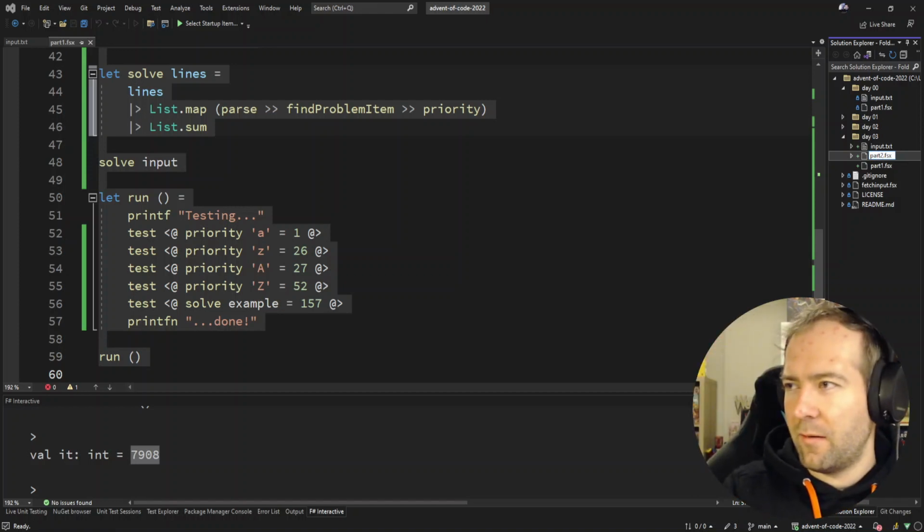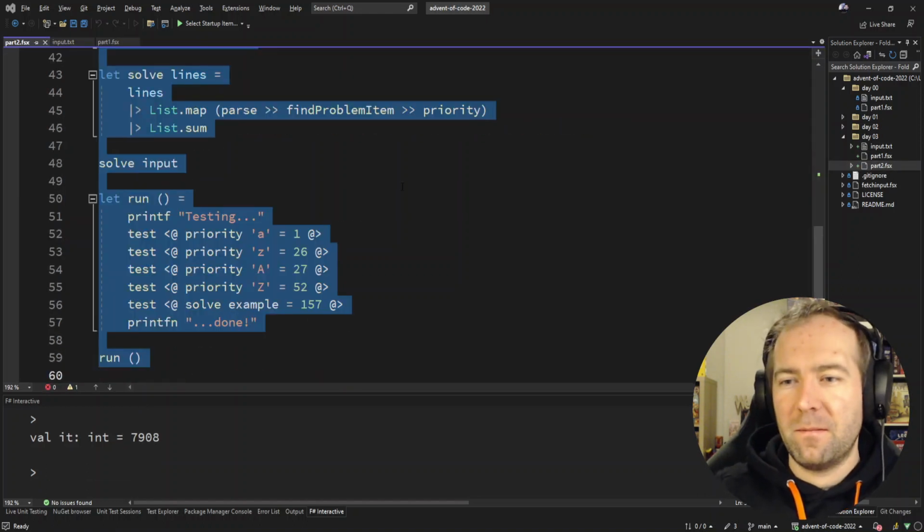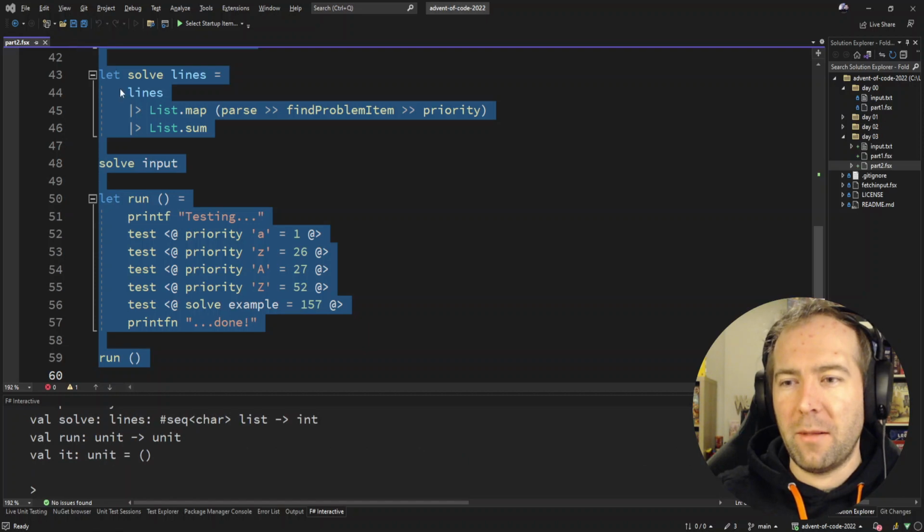My eyesight is getting bad. I can't read the text. There we go. Part 2, let's take a quick peek at what